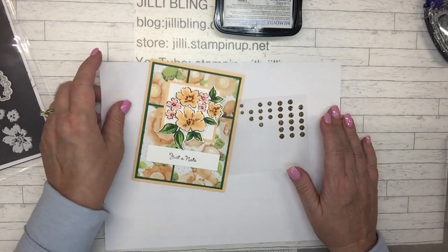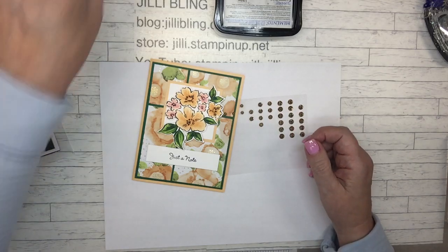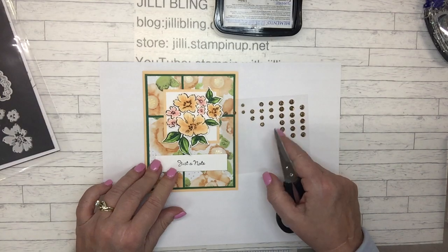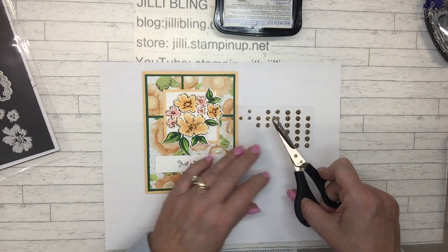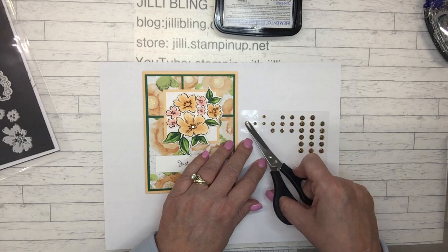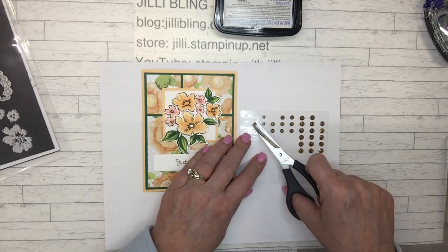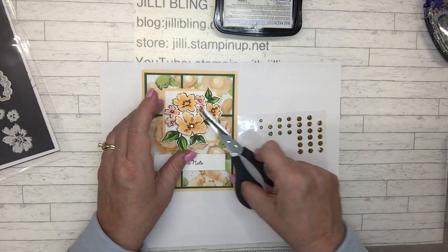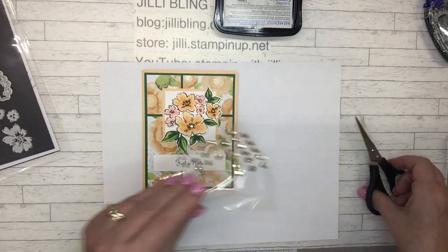Then gilded, what are they called? Gilded gems. I think those might be old too. Maybe I shouldn't be using this. But any gold or metallic that you have would be perfect. And I'm just going to do them on the bigger flowers, otherwise I'll run out of bling. And on the little flowers, I'm